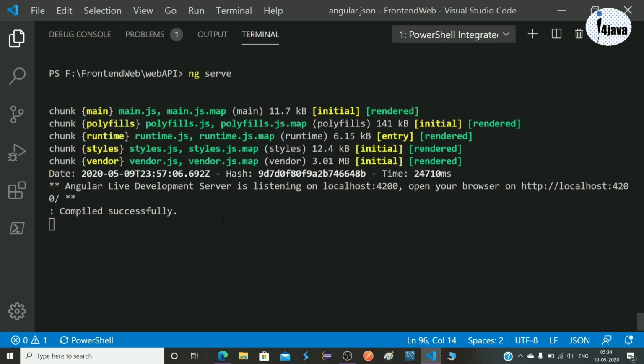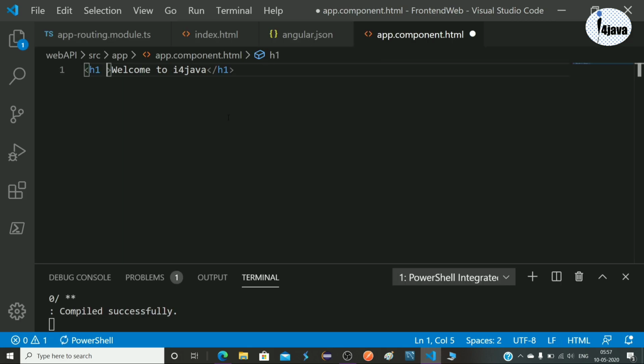Now let's try to use some Bootstrap related code. It is working or not, because we had already installed it and it is running successfully, but we had not cross-checked it. Let's add some Bootstrap classes here and check whether our Bootstrap is working. Class equals display-4 and background color I am giving bg-success here.